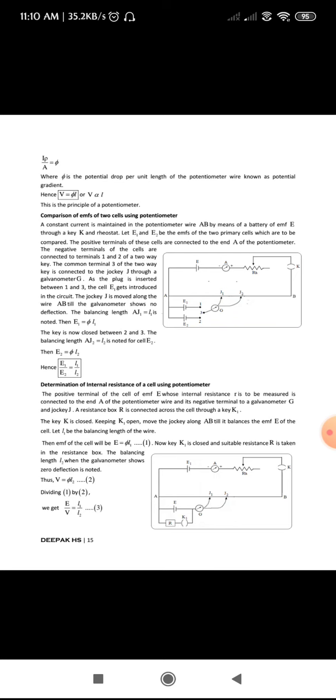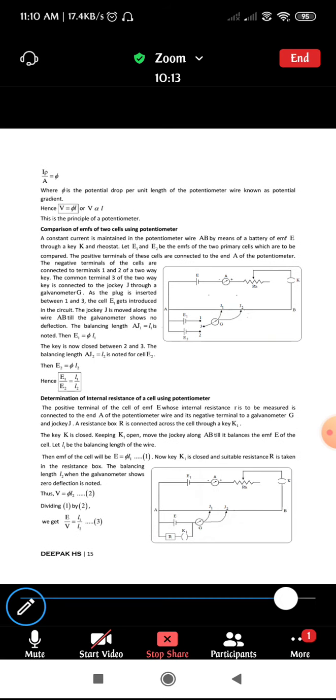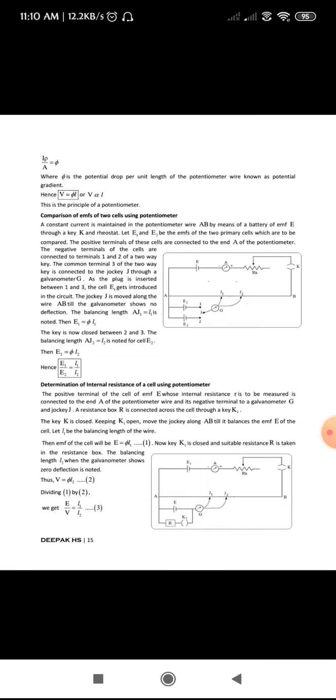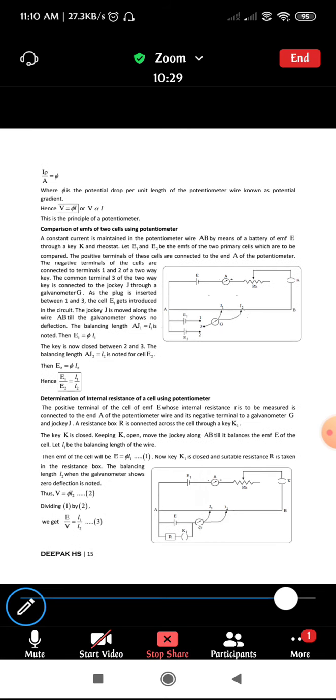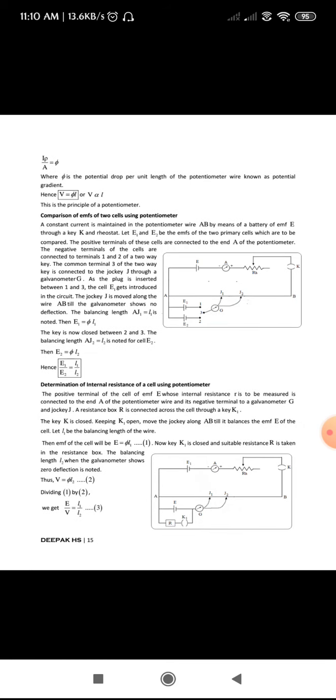Okay, in the last class I asked you people to go through this potentiometer once, right? If you have gone through it, in case you have any doubts, please let me know. Let me clear them, then we will move to the next. Any doubts? Please do ask. Any doubts? Or shall we move to the next topic?